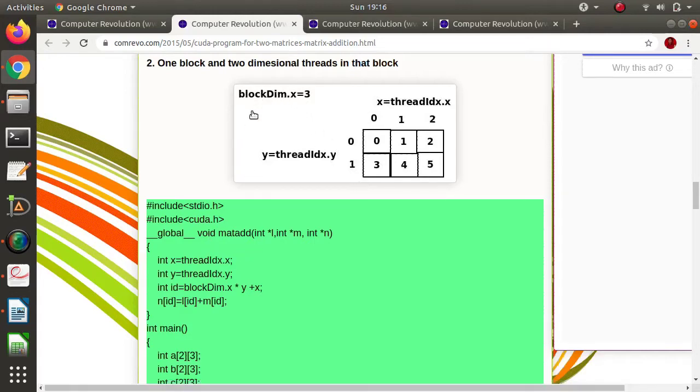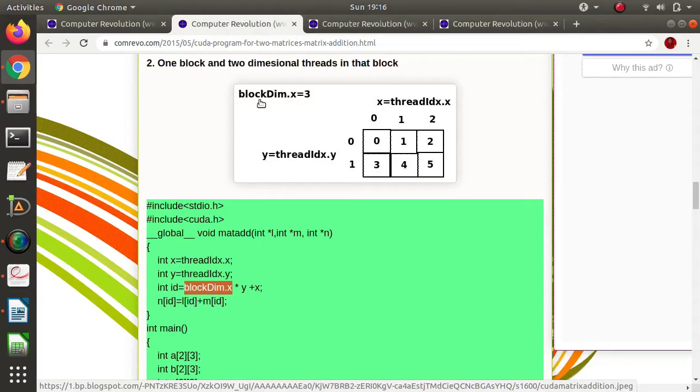Now see, in this case we have used blockDim.x. So for finding ID we have used blockDim.x. So blockDim.x means what? Dimension of a block, size of a block along the x-axis. So what is the size of block along the x-axis? 1, 2, 3. So along the x-axis, what is the size? 3. If you take blockDim.y, so dimension of block, that is the number of threads per block along the y-axis. If you take dot y, so along the y-axis, how much it is? 1, 2. So it will become 2. blockDim.y will become 2, while blockDim.x is 3. Why 3? Because size of the block along the x-axis.